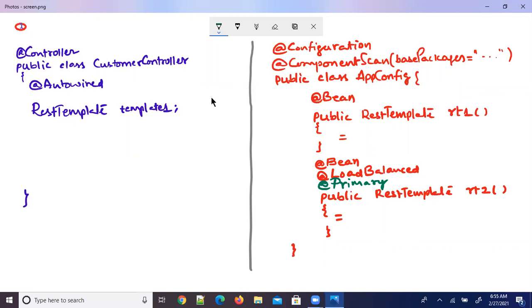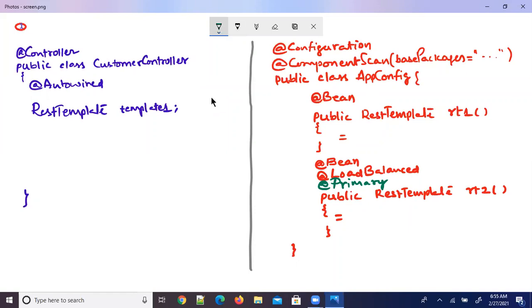But in my next, I would like to continue. In my controller, I need two RestTemplate objects. One is an ordinary RestTemplate object and the other one is a load balanced RestTemplate object. I want both of them in my controller.